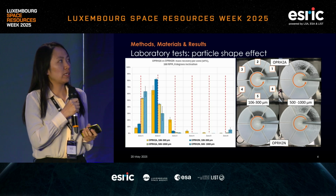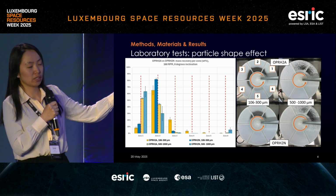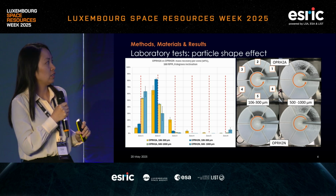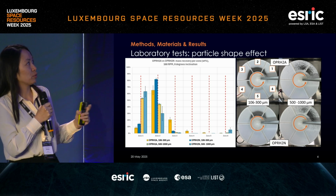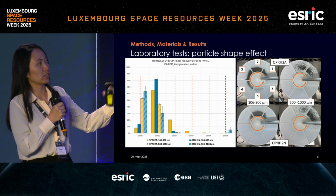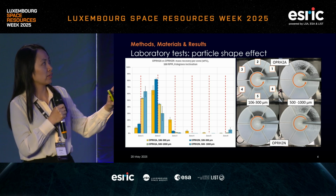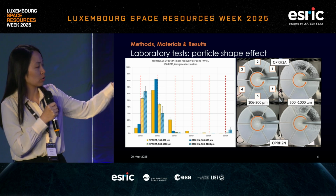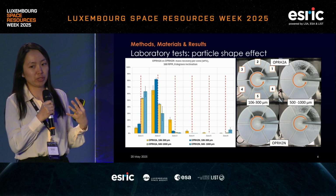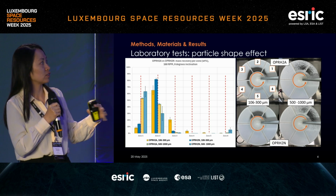So, for the larger particles, which are represented by the striped columns on the graph, the highest concentration was found in the first zone right after the feeding position, which is expected. And similarly, the smaller fractions, which are represented by the solid columns, started concentrating from the second zone. But between the two particle shapes in the same size range, we saw that the agglutinated particles, which are the yellow columns on the graph, have a much wider distribution pattern, which means they are less concentrated in the same collection zone. And this is especially significant in the smaller size range,